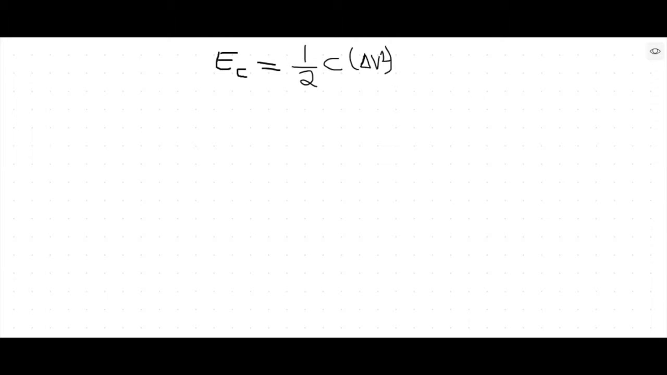This is the actual problem from a textbook. Question number 65. What it wants us to find is the energy stored by the capacitor, which can be written as 1/2 C delta V squared. So at first, what we know is